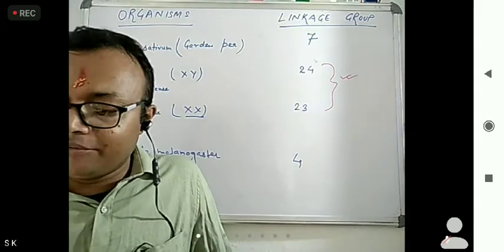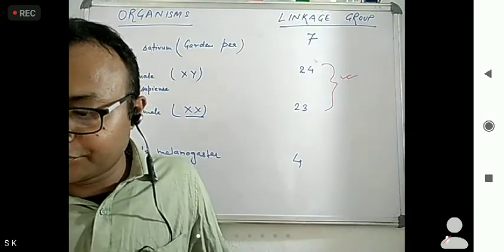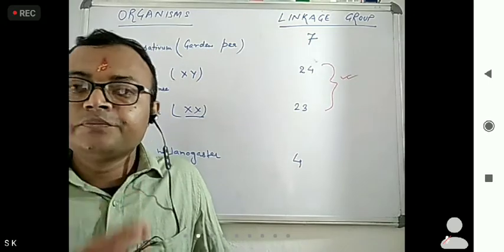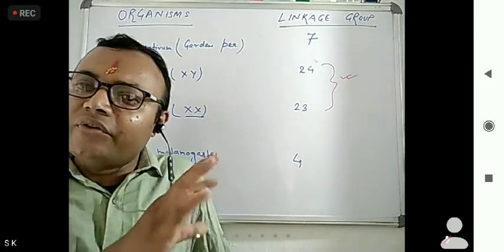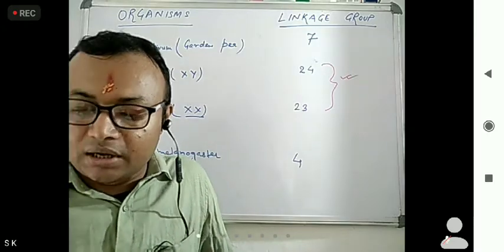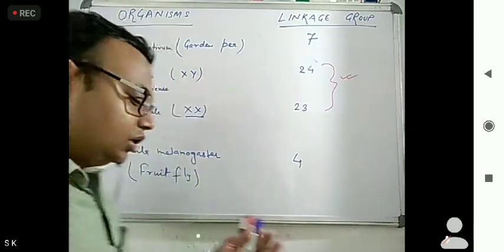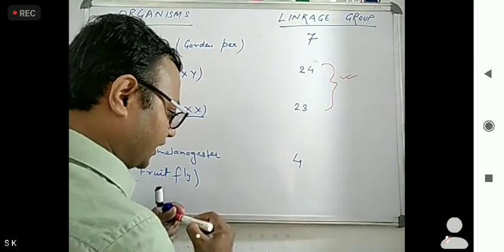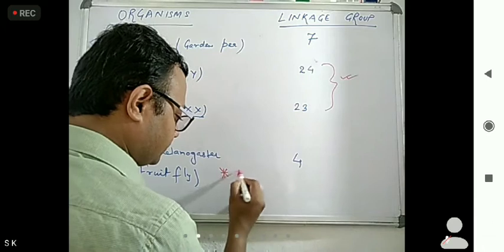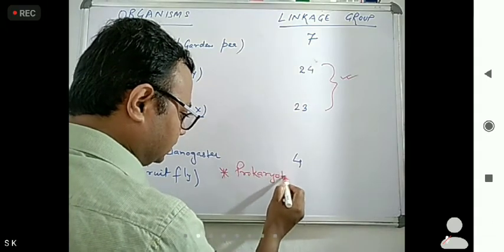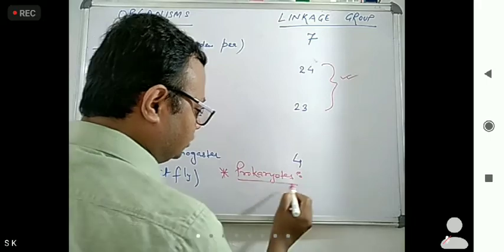So human male having what? 24. Human female having what? 23. Okay. So these vary in eukaryotes. And if we are discussing prokaryotes, so in prokaryotes, since they don't have